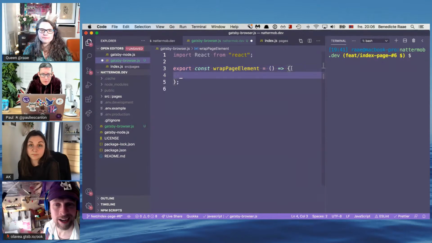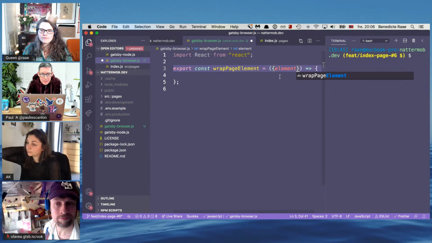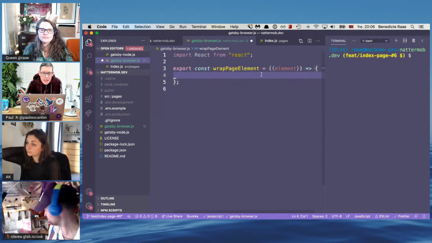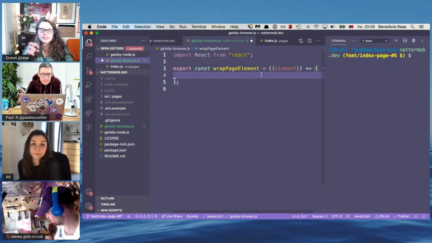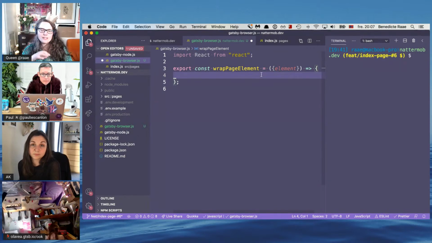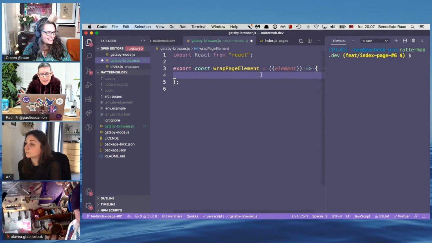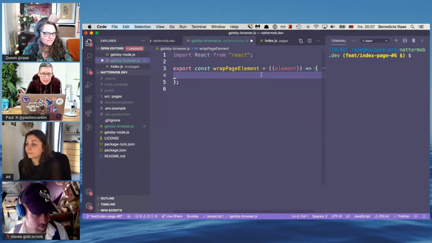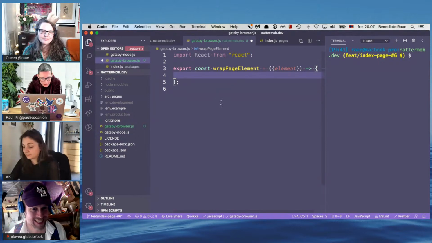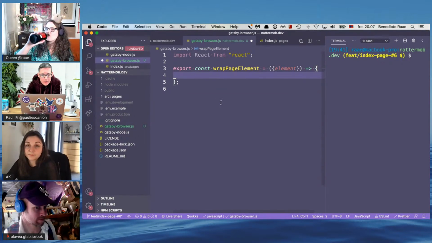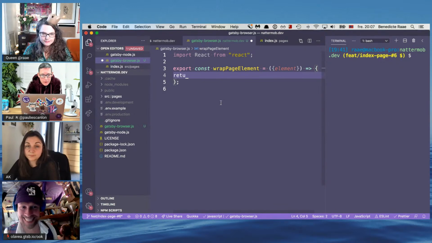And the first param in an object is going to be element. So this is something that Gatsby passes in for us. And then we're hooking into Gatsby's internal stuff. So we're doing exactly what it says: we're going to wrap the page element. Whatever is on the page, we're going to wrap it. Element is whatever the Gatsby page is, so it could be our index, or one of the individual video pages. But if we return a div with element as a child,